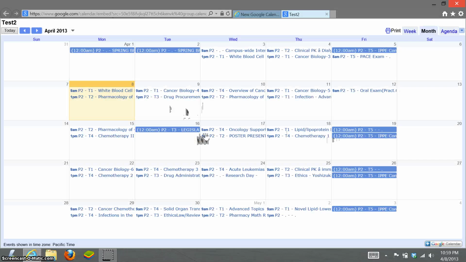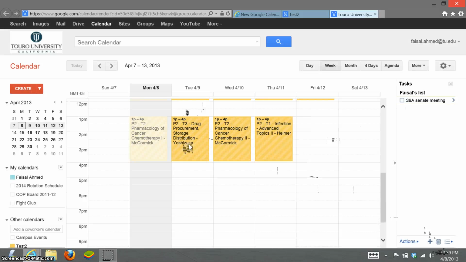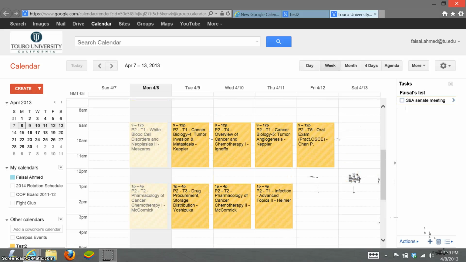So go ahead and click on the Google Calendar link and it'll open the calendar in a new tab in full screen mode. On the bottom right hand you'll see an Add Google Calendar button. If you click that button, it'll open your calendar and ask you, would you like to add this calendar? I named this calendar Test 2, but it could be different for the calendar that you're adding to your Google account. So I'm going to say yes. So it imports all the events from that calendar,